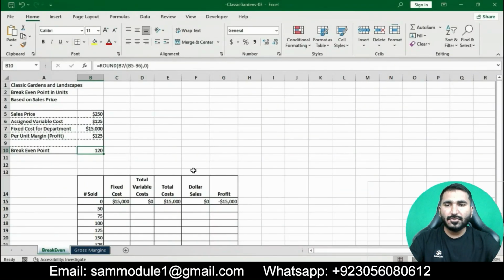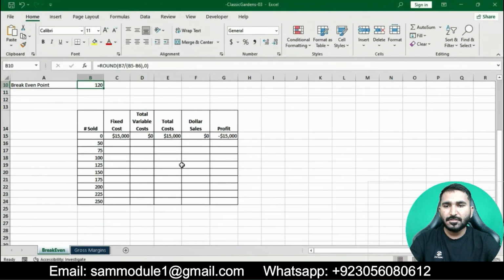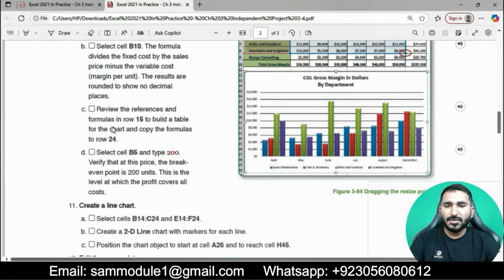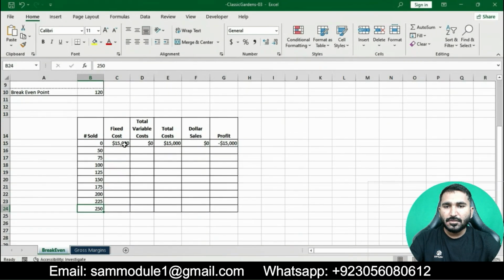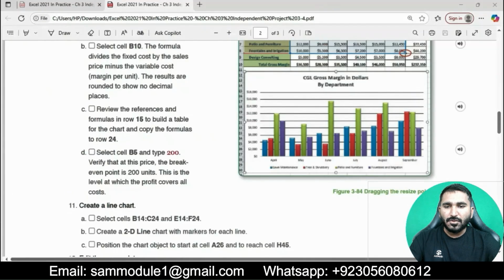Okay, click on row 15 and then paste in row 24. Okay, this is good now.